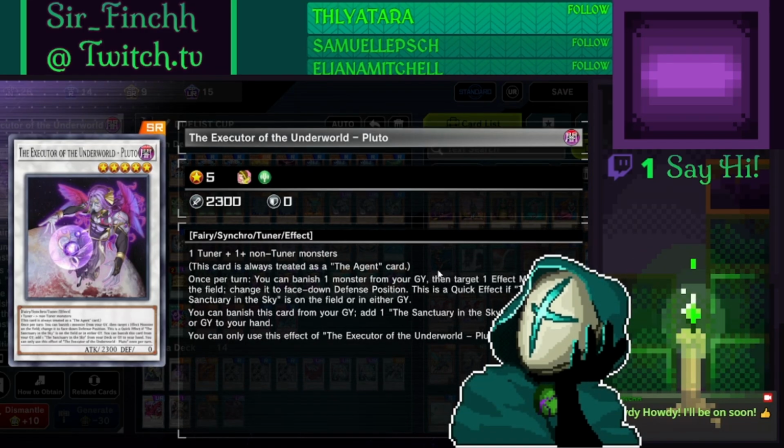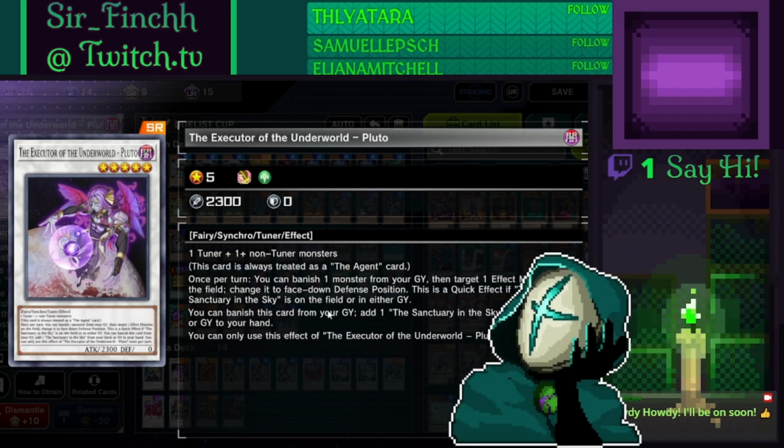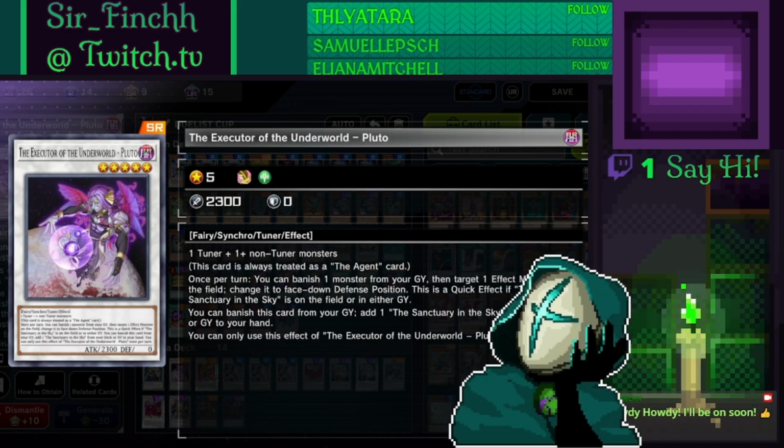Pluto! This is also a filler card. Once per turn, you can banish 1 monster from your graveyard, then target 1 effect monster on the field. Change it to face-down defense position. This is a quick effect: if the Sanctuary in the Sky is on the field or in either graveyard, you can banish this card from your graveyard. Add 1 card that mentions the Sanctuary in the Sky from your deck or your graveyard to your hand. So, for us,